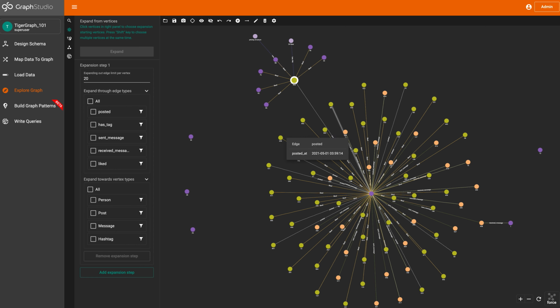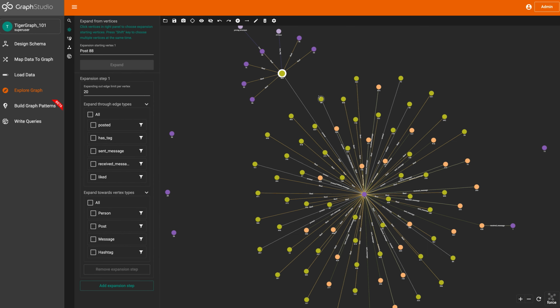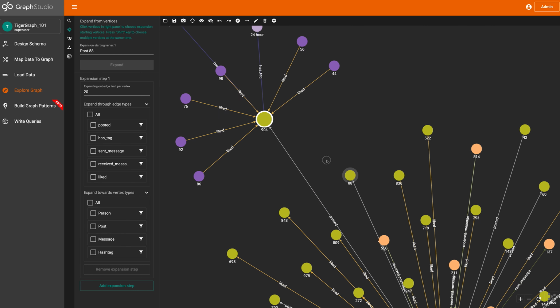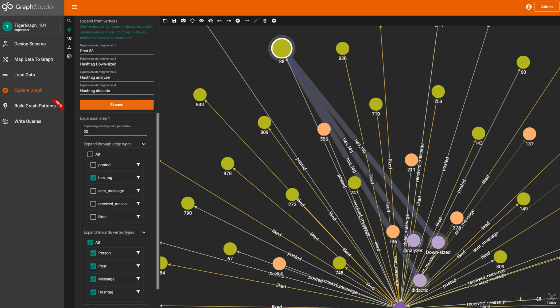So here we have a post posted. So we'll select that. And what I want to do is expand out all of the tags, has tag. So I will select my has tag edge type. And what we can do here is select hashtag as my edge type because that's what hashtag goes to. But because hashtag only goes to the hashtag edge type, I can also just be lazy and select all here and click expand. And here we'll see that we've just expanded out the 3 hashtags that we have